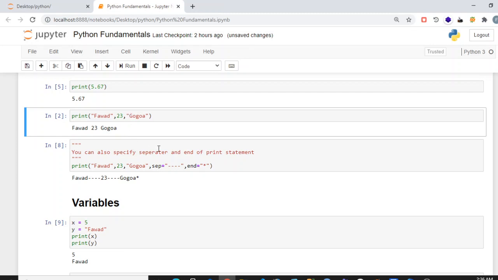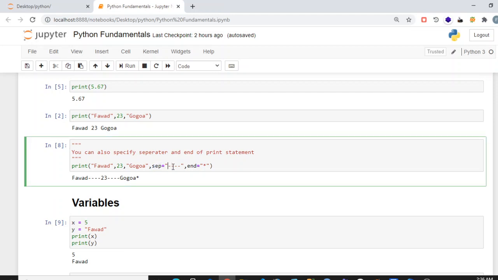We can also specify the separator and the end of a print statement. By default, a print statement ends with a new line, and we can change this rule. For example, I have printed the same 3 values as before, but now I have mentioned the separator. The separator is now these 4 dashes instead of a space.